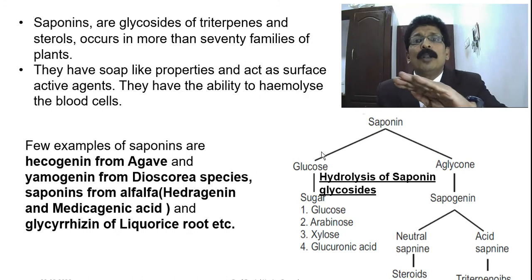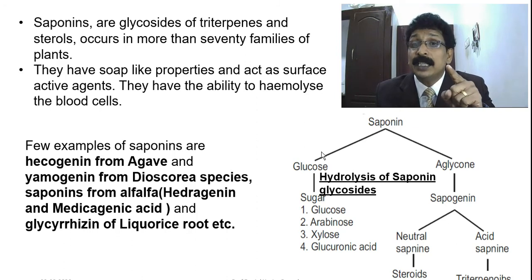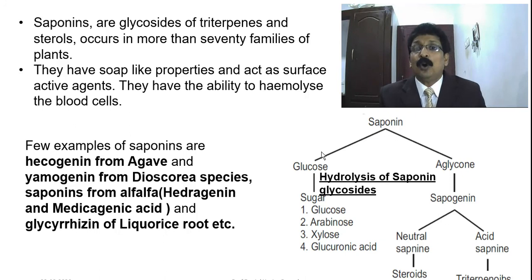You might have studied in your pharmaceutics, what do surface active agents mean? You might have studied about Tween 80, Tween 60 and tragacanth, acacia. These are all, especially Tween 80, used as emulsifying agents. What do they do? They are surface active agents. They reduce the interfacial tension and make one compound disperse in another by reducing the interfacial tension, the surface tension. So saponin is also a surface active agent which forms soap.